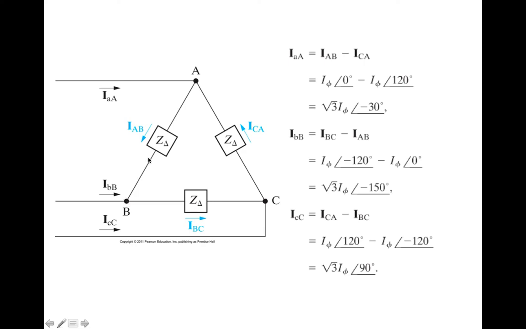Now when you convert back to the delta, notice that you can get this IAB by just taking the voltage between A and B and dividing by Z delta. So that's probably the most straightforward way to do this, is to just find those voltages across the impedance,